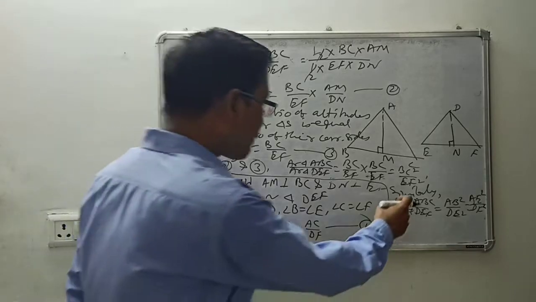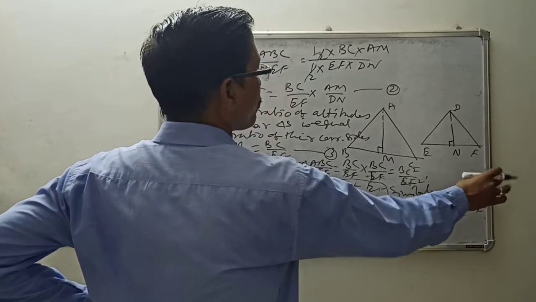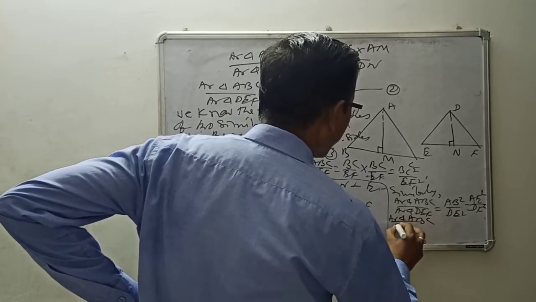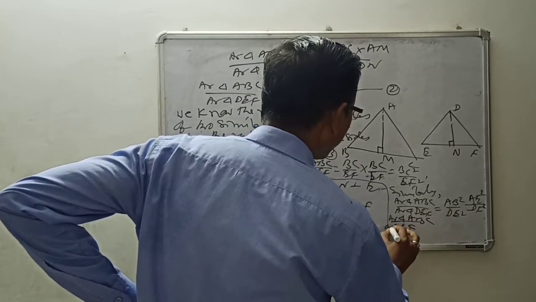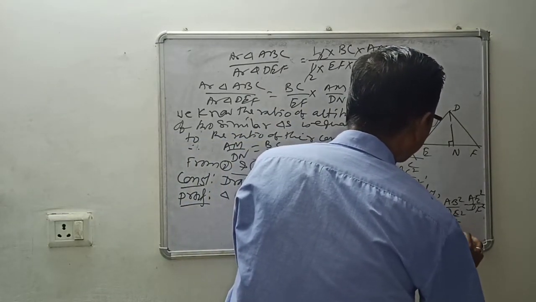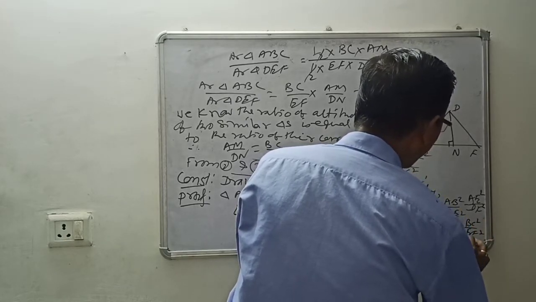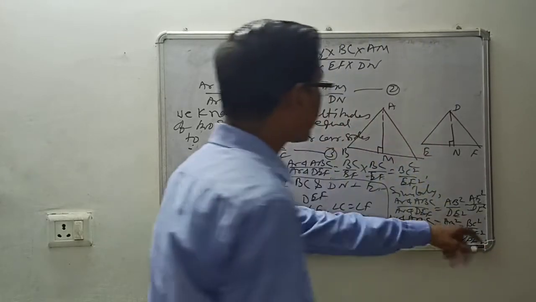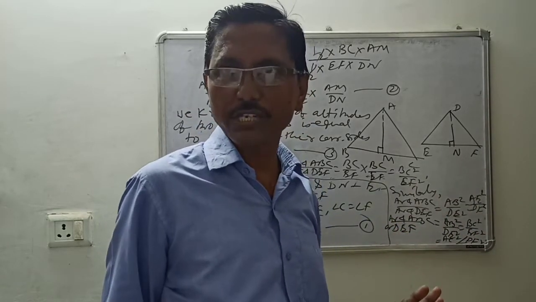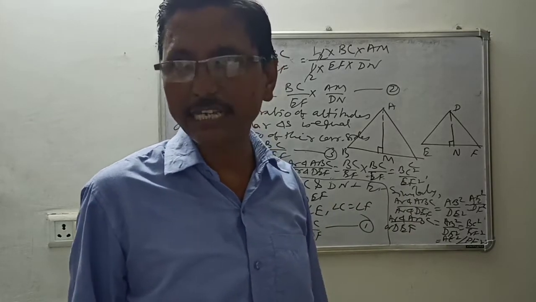Okay? So if it is 1, so you know ratio is what? AB square by DE square equal to BC square by EF square equal to AC square by DF square. So you are having area of triangle ABC by DEF equal to AB square by DE square, BC square by EF square, as well as AC square by DF square. So if that is equal to 1, so ultimately AB equals DE, BC equals EF, AC equals DF. Then by SSS you will get that both triangles are congruent.